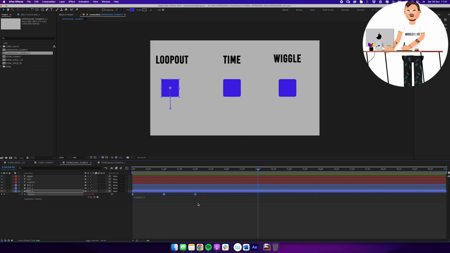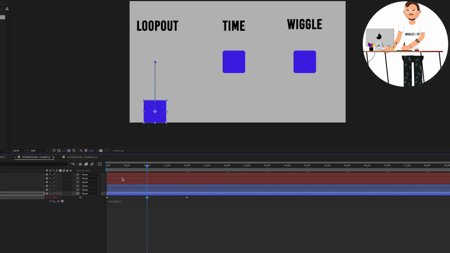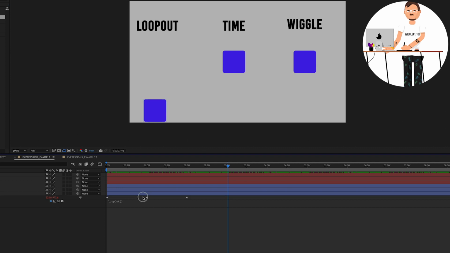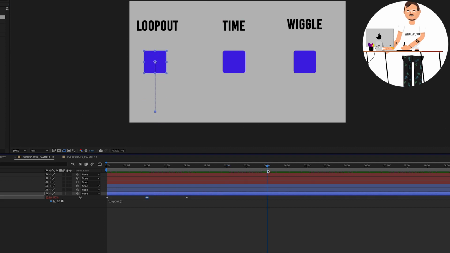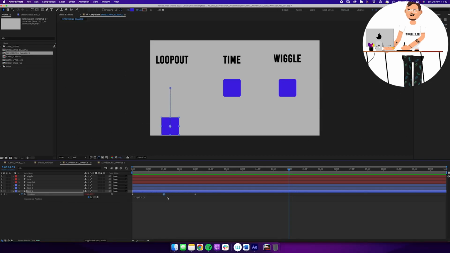And the nice thing about this is that now I can go back to my keyframe at 1 second, and I can move it back down to the very bottom of the screen. So it goes from here to here to here. And after my last keyframe is ended, at 3 seconds, it's now going to move it all the way down, exact same as this keyframe. And then at 4 seconds, it's going back up to this keyframe, 5 seconds back to this one, and so on and so on. What the loop out expression is doing is that it's looping out of the last keyframe,